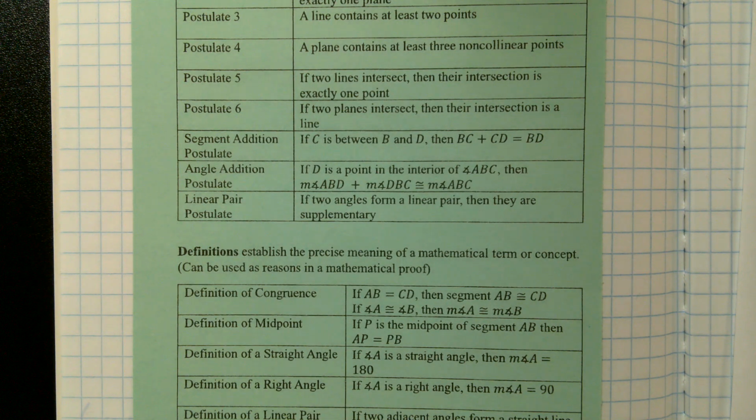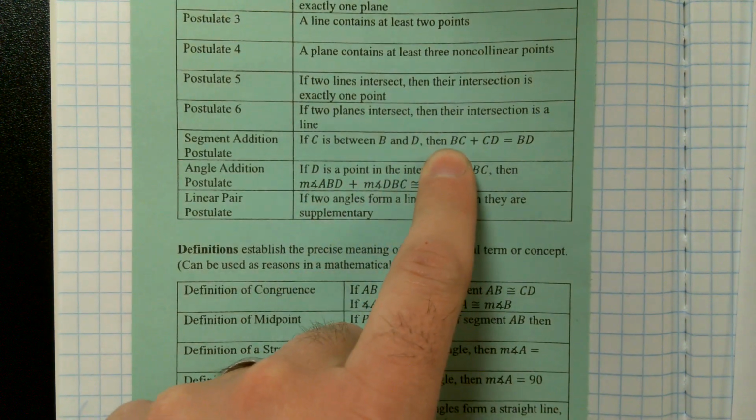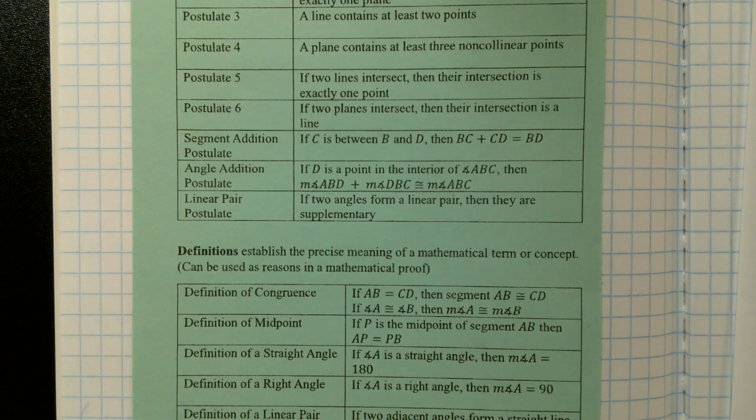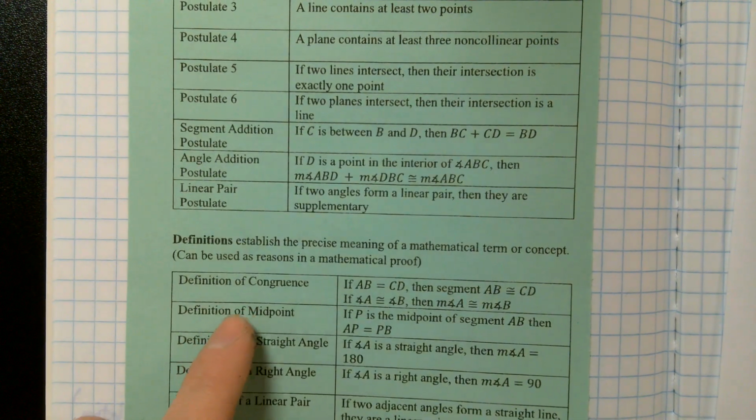So it says, if C is between B and D, C is between B and D. Does that look like it matches up with that first statement? Yeah? Then BC, I'll call it X, plus CD, I'll call that Y, equals BD. X plus Y. Does that sound right to you? Yeah, pretty straightforward, right? When you read it, you're like, I don't even know what that's talking about. But if we draw out a diagram, which is really going to help us with this, it makes a little bit more sense. Okay? That was Chloe that read that, right?